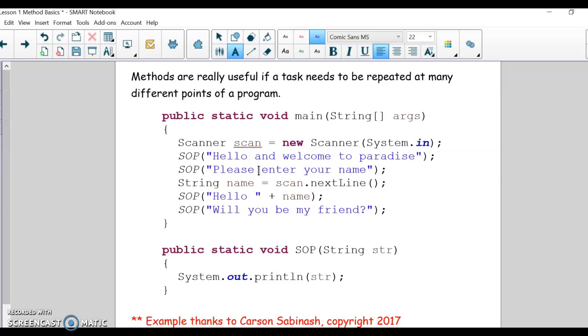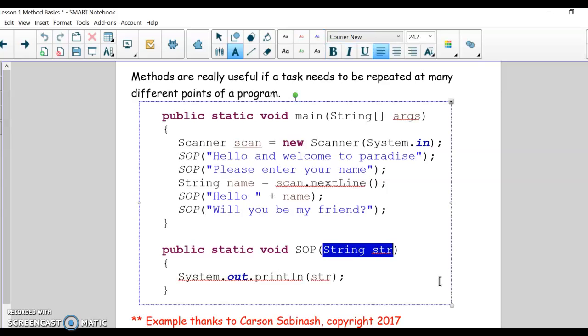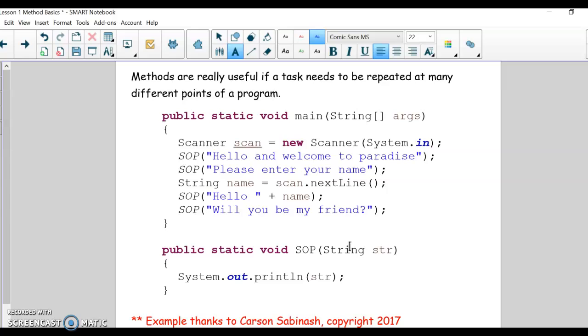All right, and this actually has kind of the code that we're going to do next here, which is that you can pass in information to a method. So in this SOP example, we're not system out printing the same thing each time. So we're going to pass in a variable so that it prints out whatever this string is each time. So you can call this little SOP method and pass in a string. That's what is being shown up here in main. We're calling SOP by passing in a different string so that it prints out something different each time. Okay, so we end up doing system out print 4 times with 4 different strings,